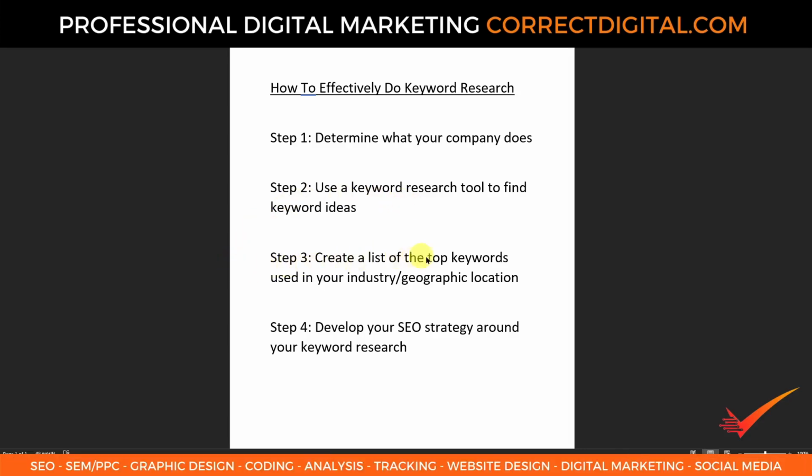Step 3 is create a list of the top keywords used in your industry / geographic location. Both the industry and the geographic location are important aspects of a list of keywords that you're going to target, because your industry is going to obviously heavily influence the keywords, but the geographic location as well, because keyword preference of usage, preference of different words depends on geographic